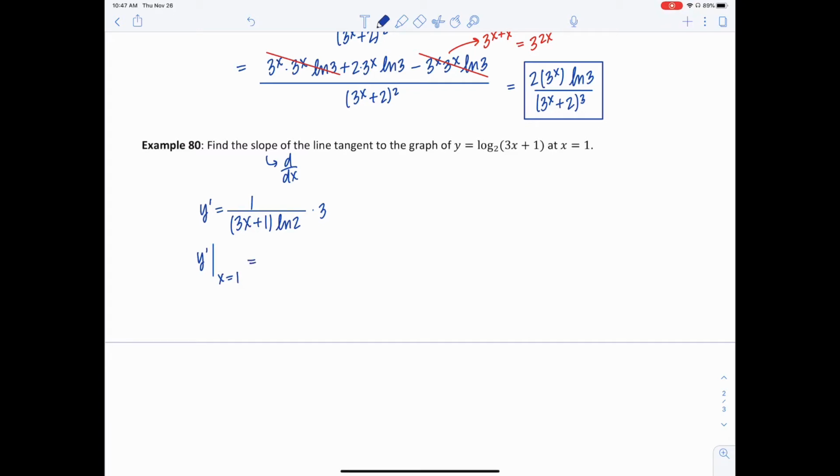I don't even need to find the y value here. We should probably do it though. Okay, anyway, it is going to be 3 over 3 times 1 plus 1, ln of 2, which is 3 over 4 ln of 2. Okay, technically this is my answer, but let's find the equation of the tangent line,